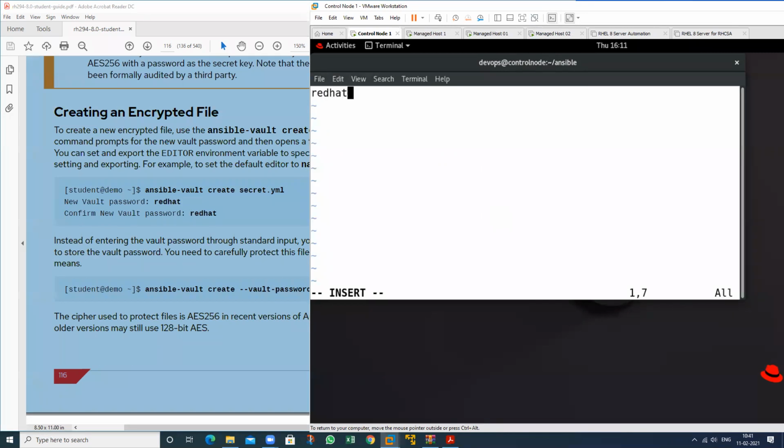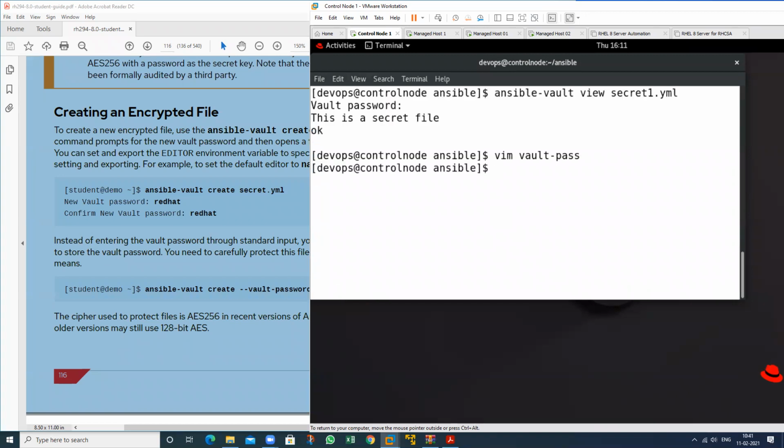This is my password, and just save this one. See, what is in this particular file? My password. I can also encrypt this password so anyone can't see this one. But this is a double encryption.